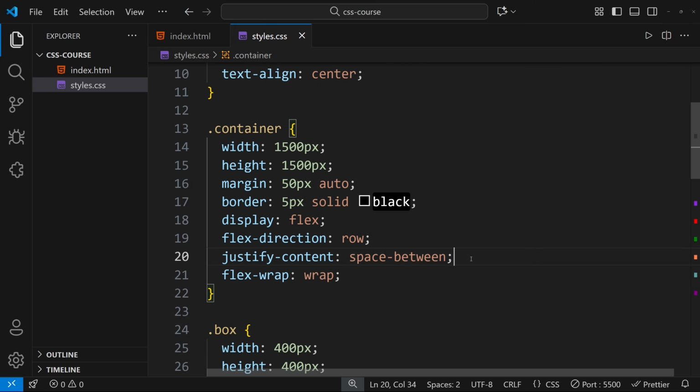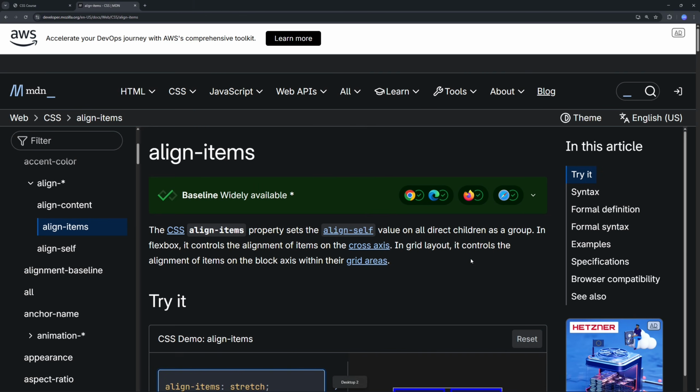Hello and welcome. In this video, we will be learning about the align items CSS property in Flexbox. So let's go to the documentation. So in the last video, we have learned about the justify content CSS property, and as you have seen, the justify content CSS property aligns the element in the main axis, and the align items CSS property aligns the element